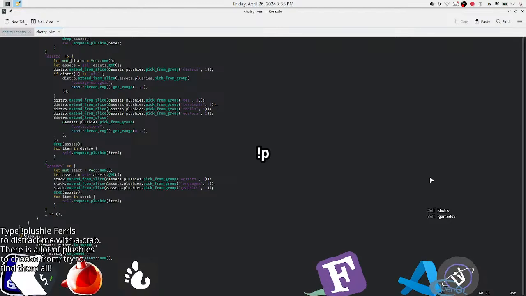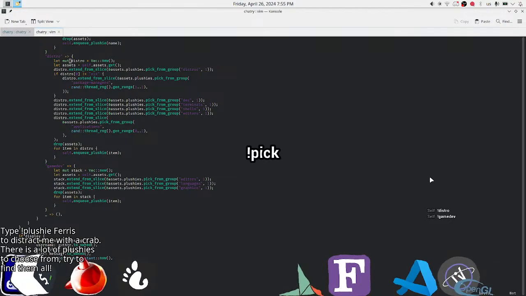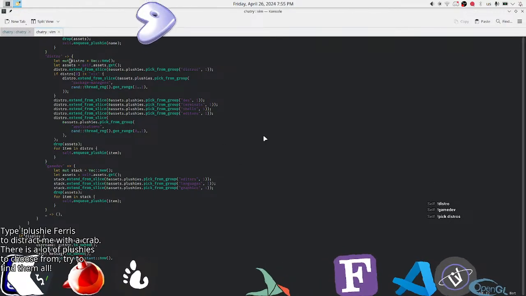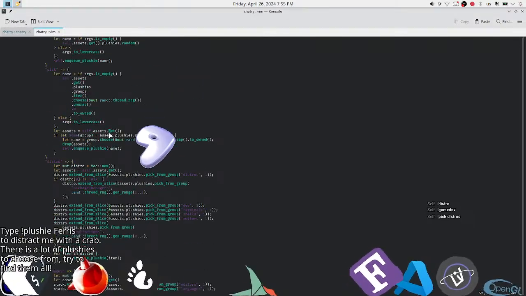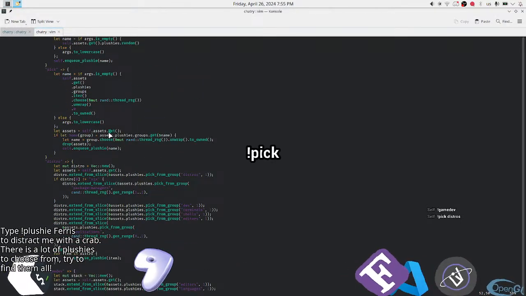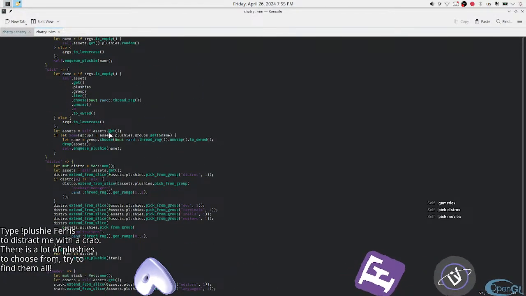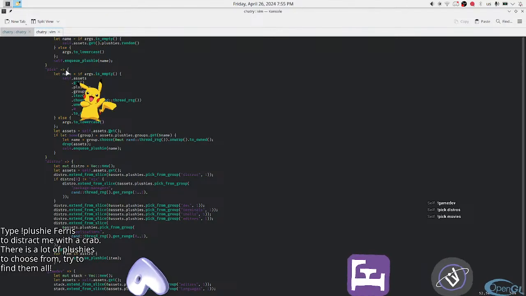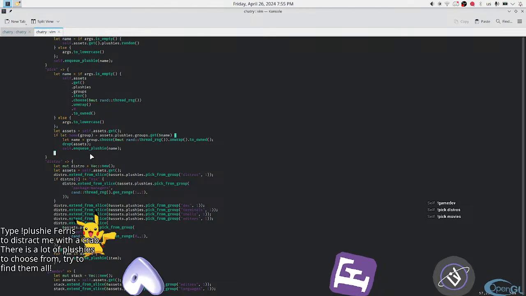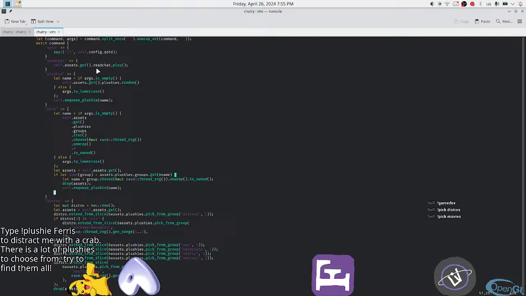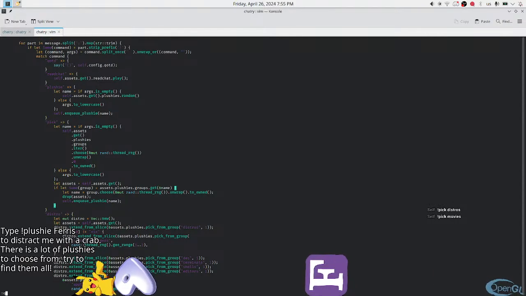So I have peak and then a group, distros for example, and it's gonna give me a random distro. I have a lot of groups. Do we pick a movie? Yeah, Pikachu is a movie. I mean, it's considered a movie here, so I guess. I have a lot of groups.